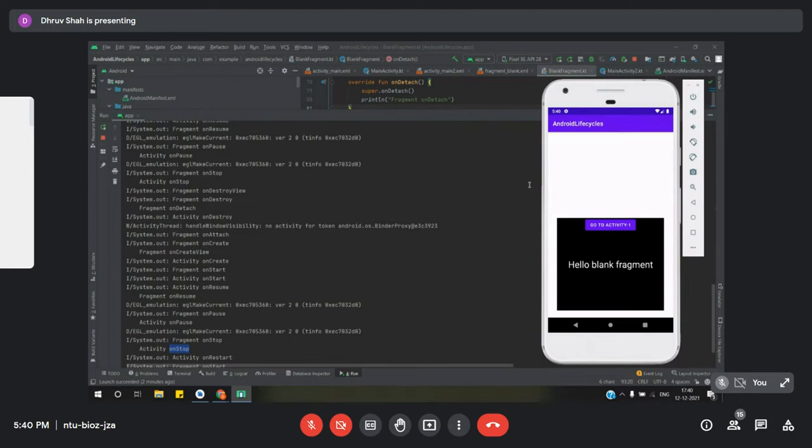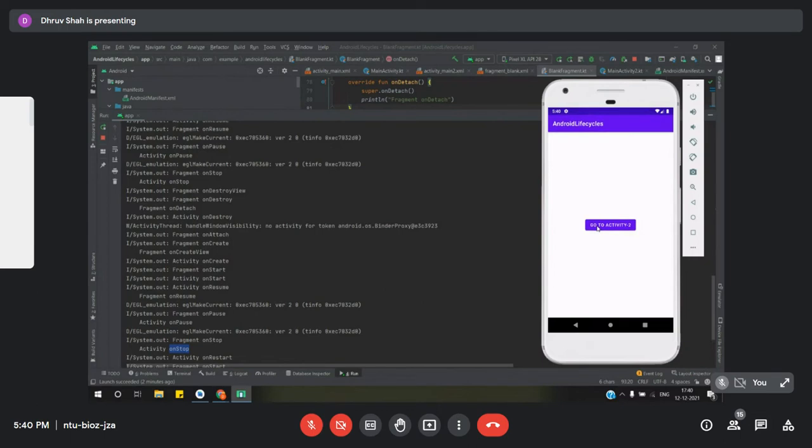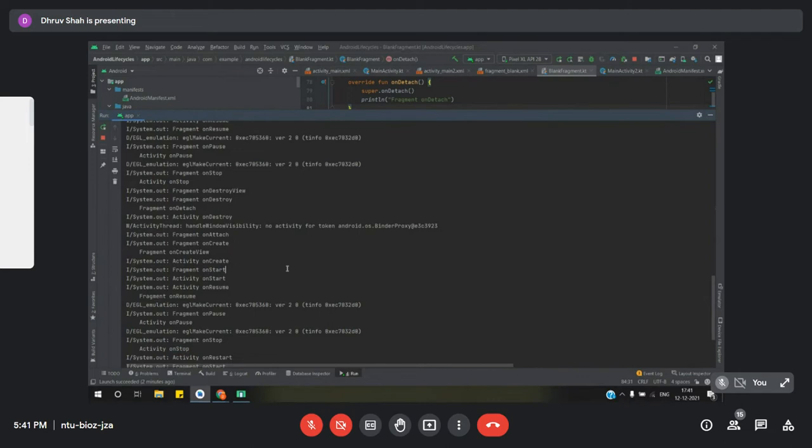What happens is when you open an activity, the activity gets pushed onto the stack. In a case where you are navigating to the second activity, the object of the second activity gets pushed onto the stack and is now currently at the top of the stack. In a case where you press the back button, the object of the activity gets popped off from the stack. That is how the onDestroy and onRestart methods are working.